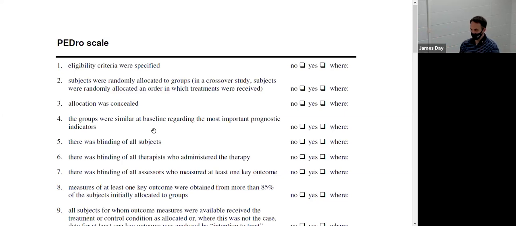Questions on Pedro score or how to do that? Where would you put that in, like, your... So where you would include like level of evidence, usually it's just in parentheses, and it would just be, level of evidence 1A, Pedro equals 8, and just in parentheses. And that's